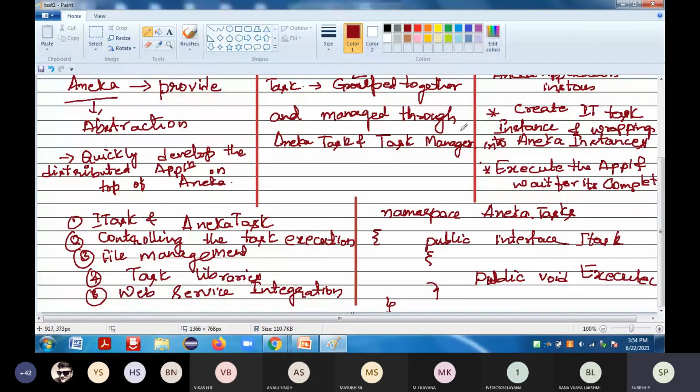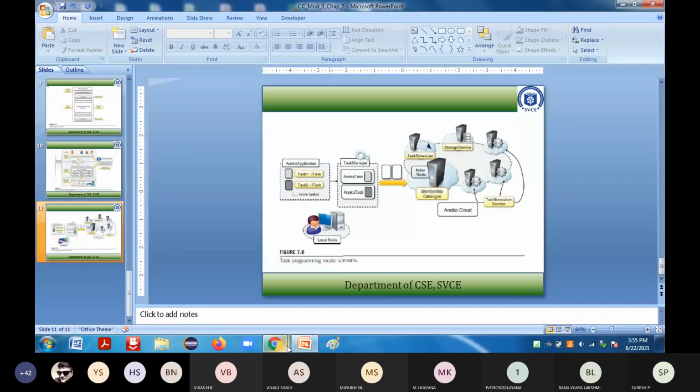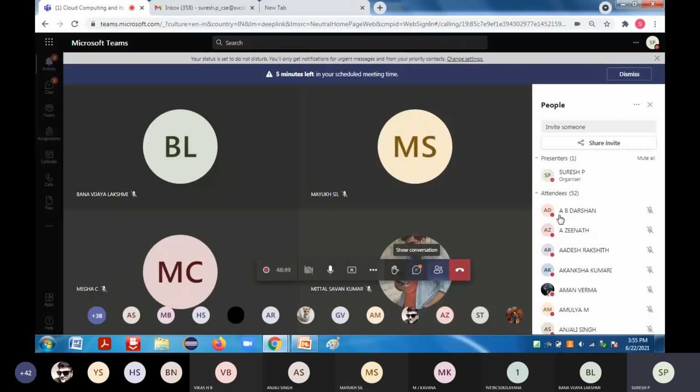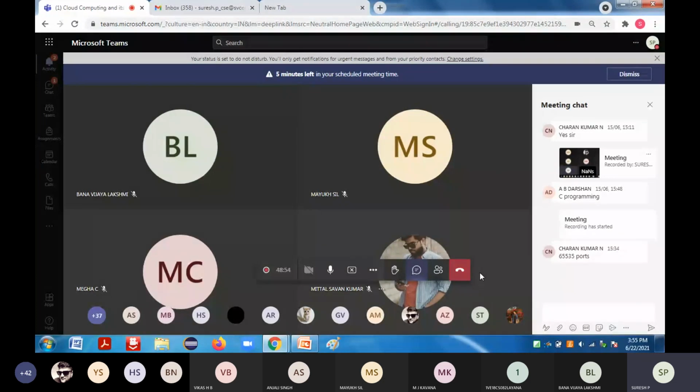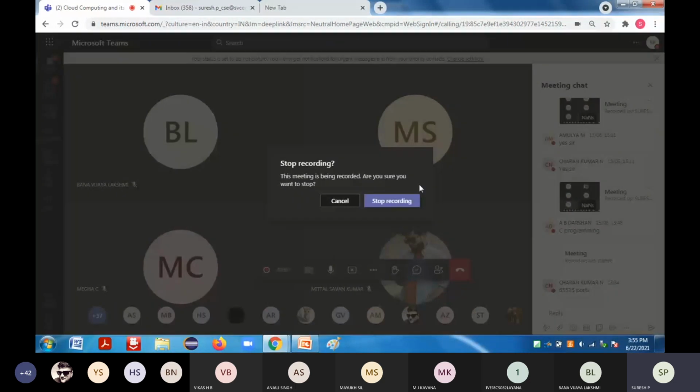So if you have any doubt from today's class, you can ask. Okay. So go through it once. It is interesting. So even if you run the task scheduling in your Linux,